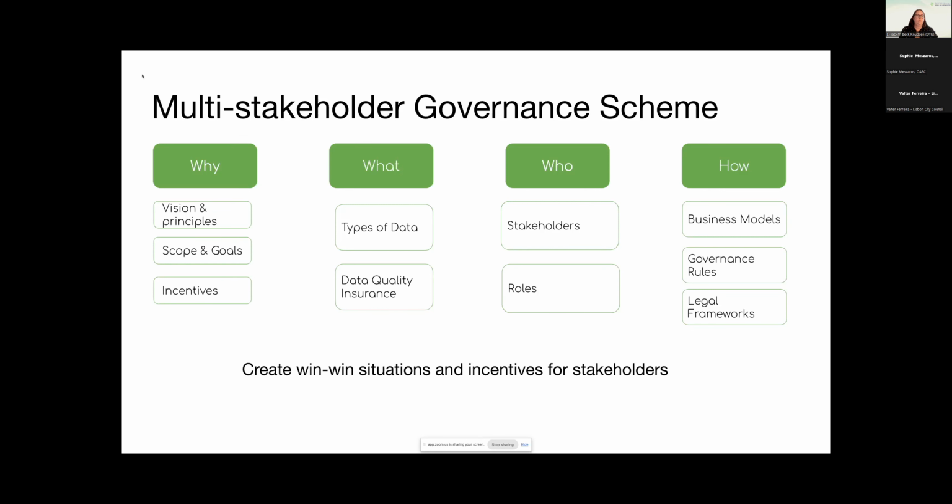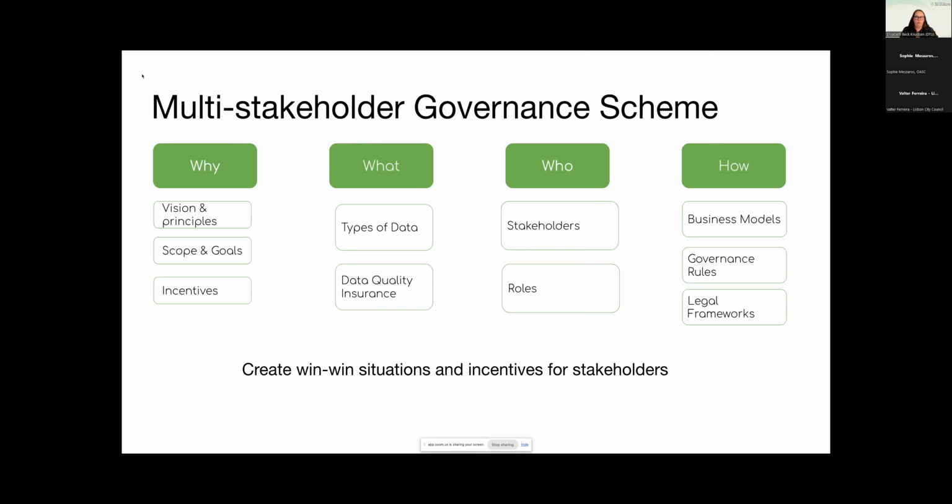And finally, how do you actually enable the data space environment? This means that we have to think about the business models in place, what are the governance rules in place. These are also things that Ron just talked about. And also, finally, what are the legal frameworks and what are the contractual frameworks? In the work online, you will see that we have provided examples of this.